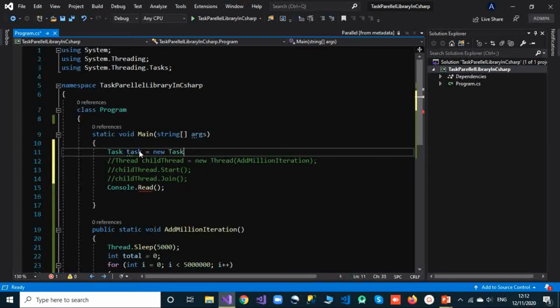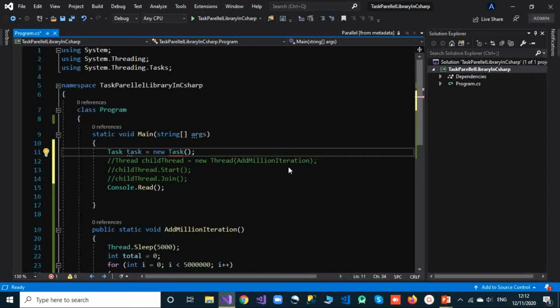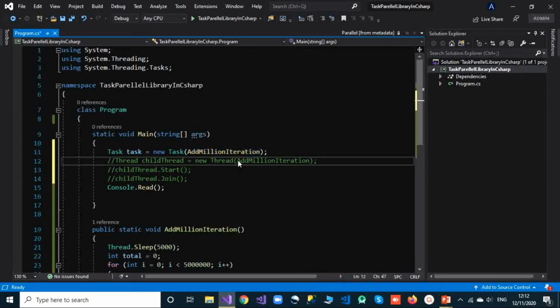like a thread, and just like thread, it also requires one method. Let me pass that method first. So I will pass that method here, and if you see in the IntelliSense, it requires an Action. And just like threads, we know we don't have to pass a thread start delegate here.